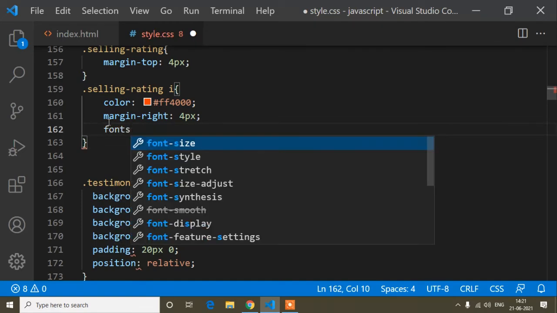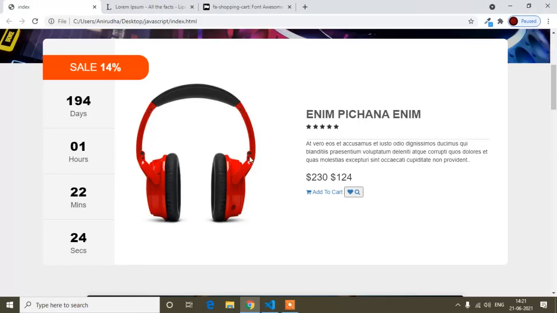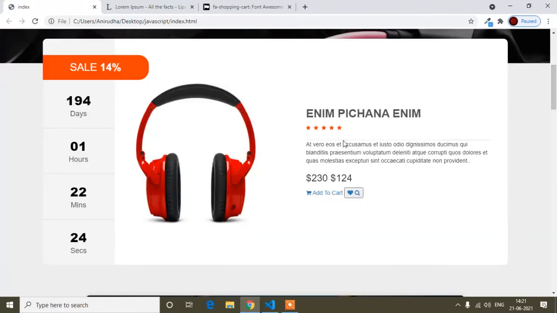The font size is 12 pixels. That means, guys, for each star there is no space, so that's why I have written margin-right. Refresh, and now you can see it's looking like this.